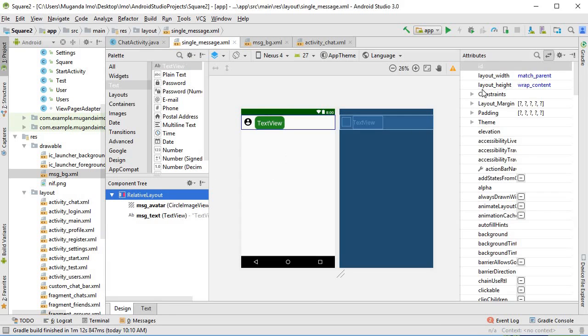So I'm going to go to the relative layout and give it an ID: single_msg_layout, and I'm going to leave it at that. So like I said, I'll do the coding in the next video, but the one thing I can do is